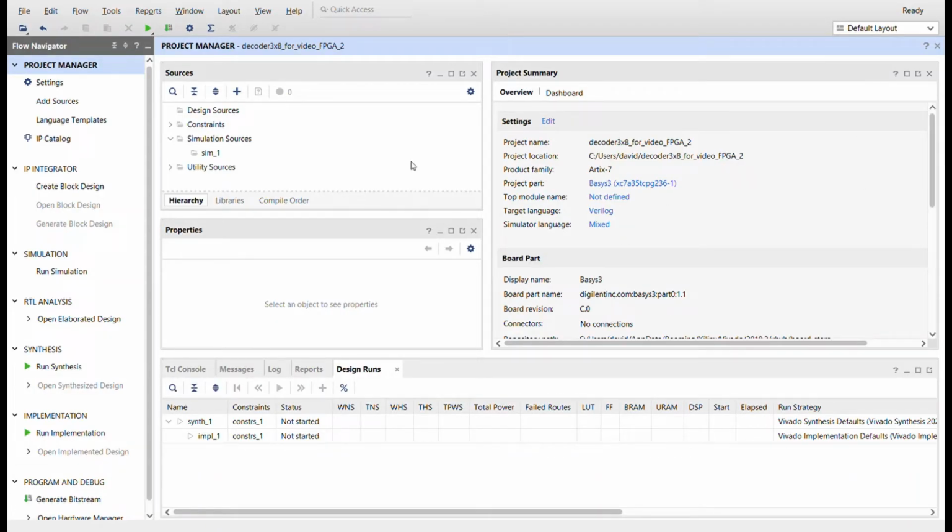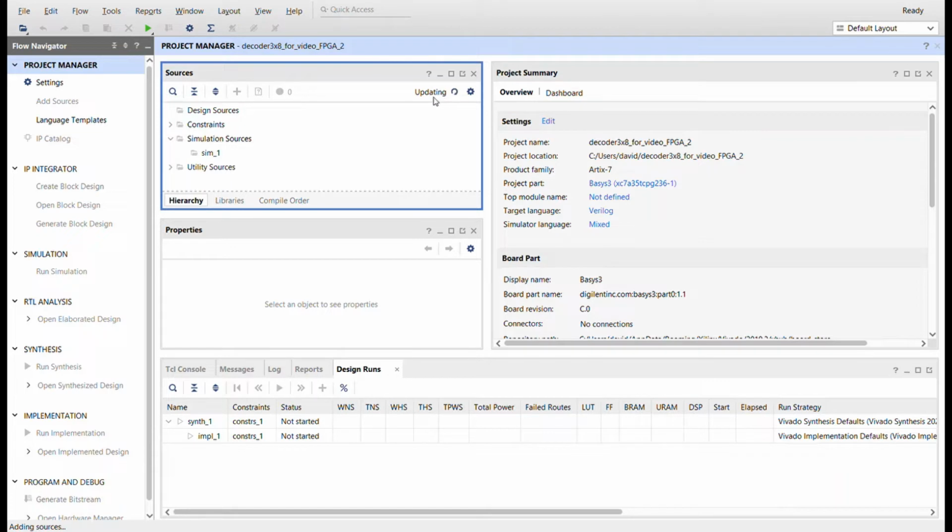Alright, here we are in Vivado. I opened it up and I created a project and set the board to the Basys 3. Now once we're in Vivado, we need to click this plus sign here, add or create. You probably can't see this window, but there's add or create design sources. Click next. We're going to create a file, call it Decoder 3x8, finish,